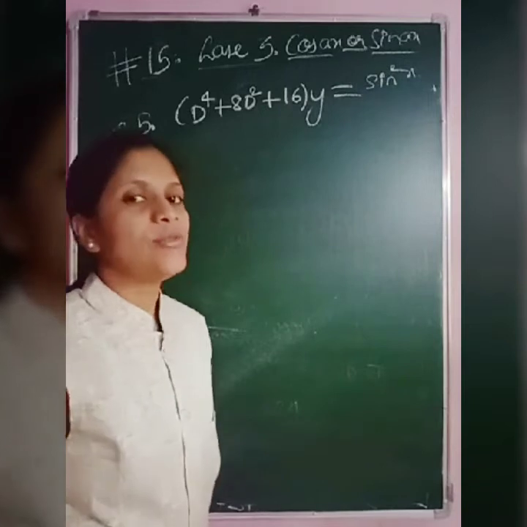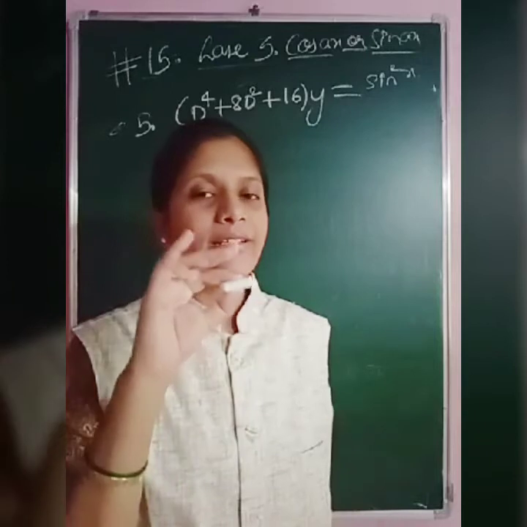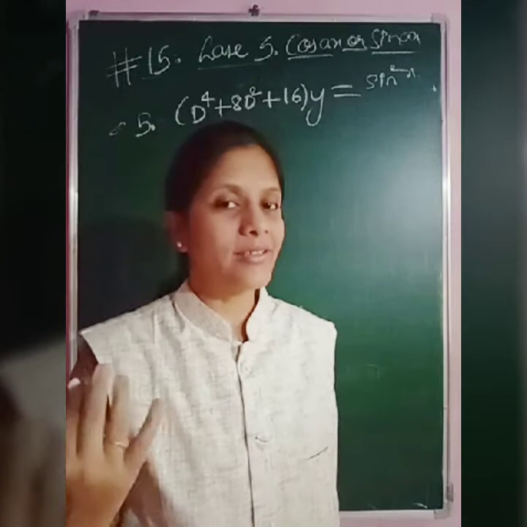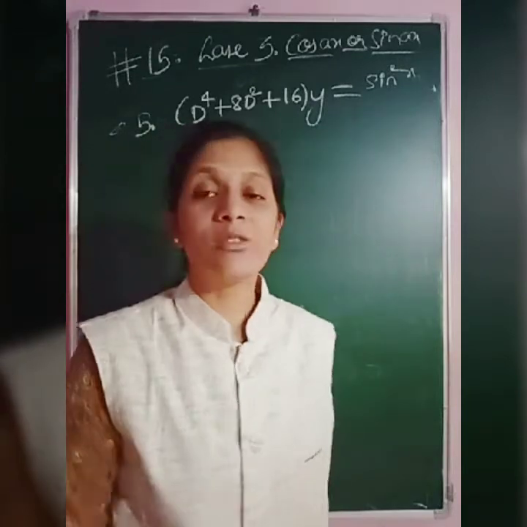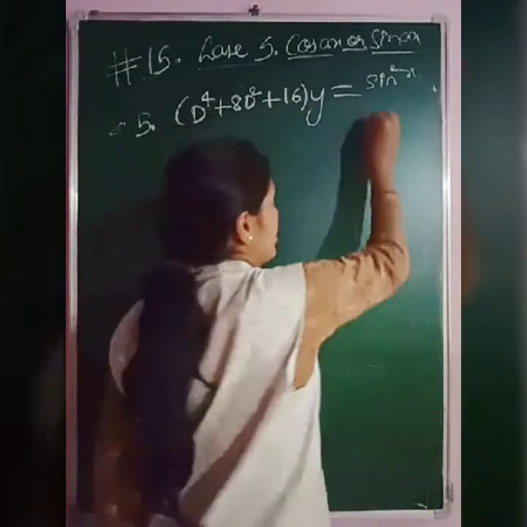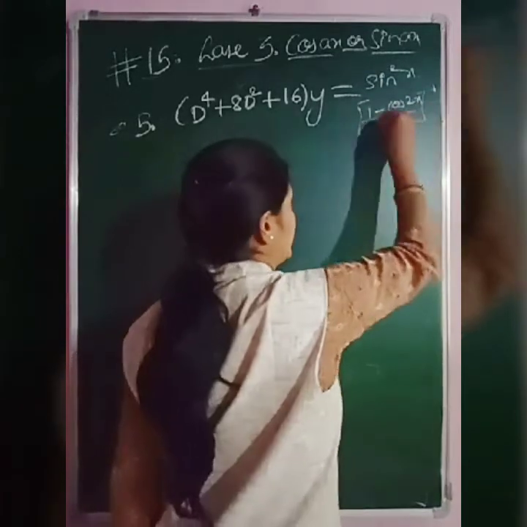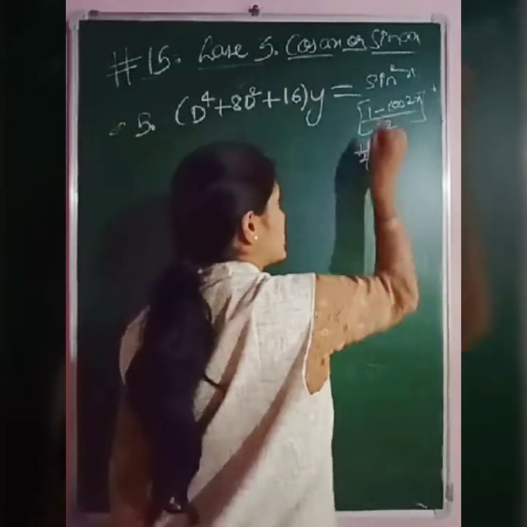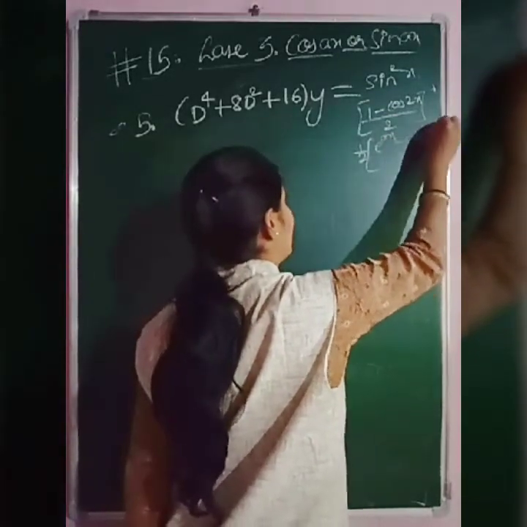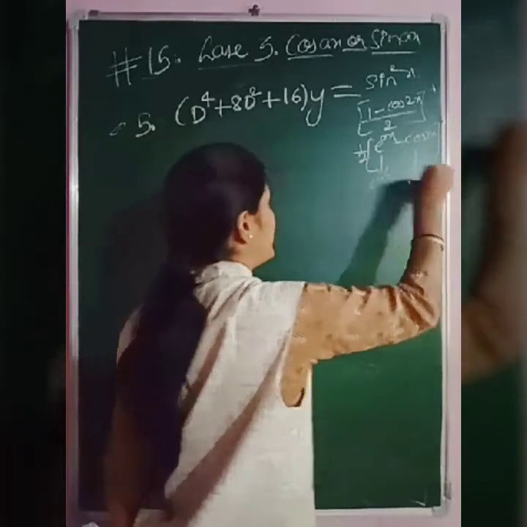So as soon as we see this question, sin square x, not a direct form, but it can be written as 2 sin square x is nothing but 1 minus cos 2x. So sin square x is 1 minus cos 2x by 2. So this can be written as 1 minus cos 2x by 2, right? So further, what is this? 1 by 2. So what is this? We can write as e raised to 0x. So first is e raised to ax form and this is cos ax form, right?